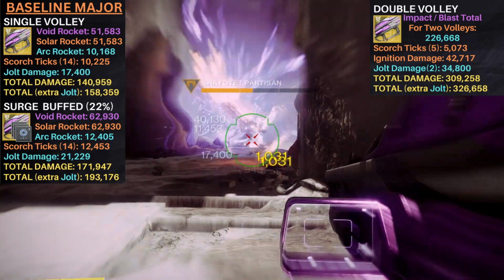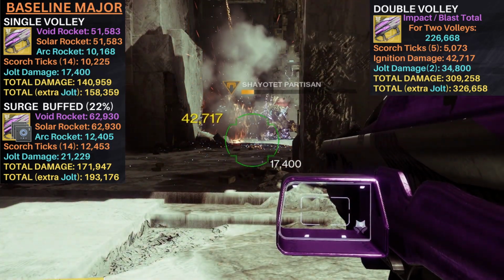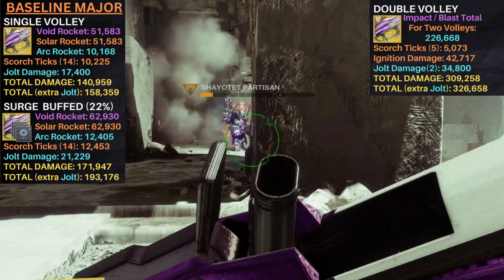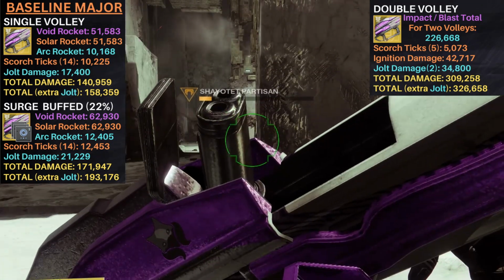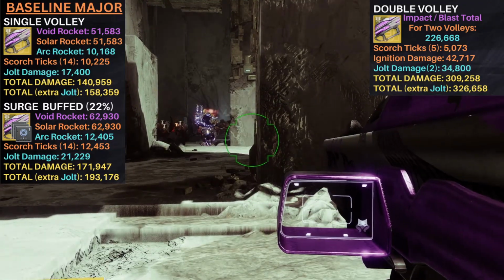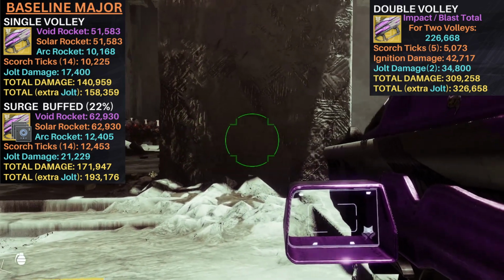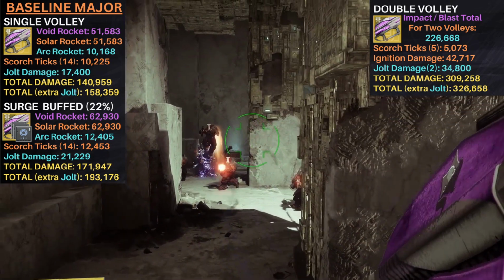But as we discussed before, there's always the possibility of a third if you do get lucky on that initial volley. When we total everything out, we're looking at least 309,258 points of damage. At most, 326,658 if you do see the extra Jolt hit. And since these totals are over double that of our single rocket totals, that means that it absolutely is worth